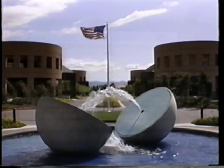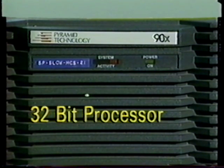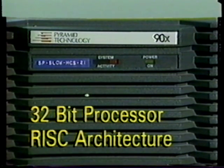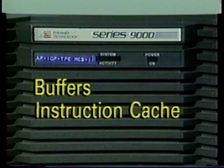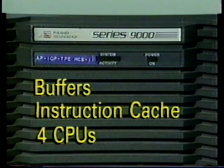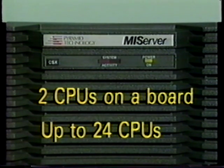With the introduction of the 90X family, Pyramid developed and marketed the proprietary 32-bit processor and the very first mini-computer to use RISC architecture. In the 9000 series, Pyramid introduced buffers and instruction cache while expanding the system to 4 CPUs. The MIS server expanded all this even further by placing 2 CPUs on a board and allowing up to 24